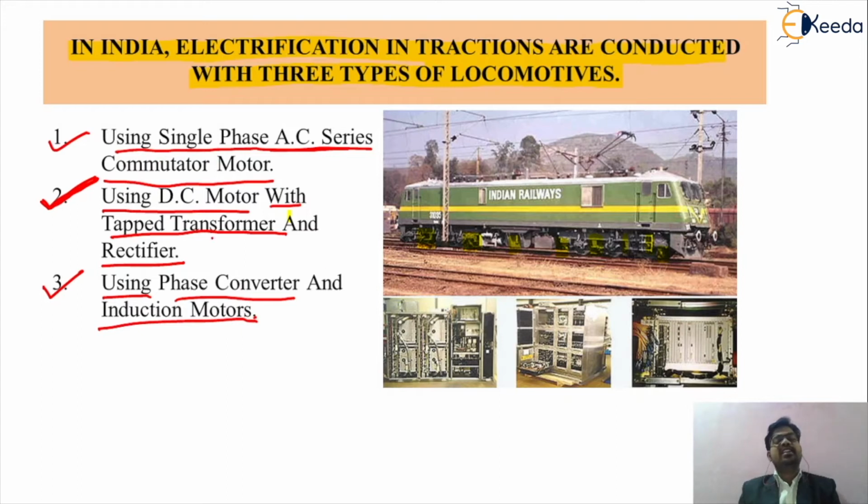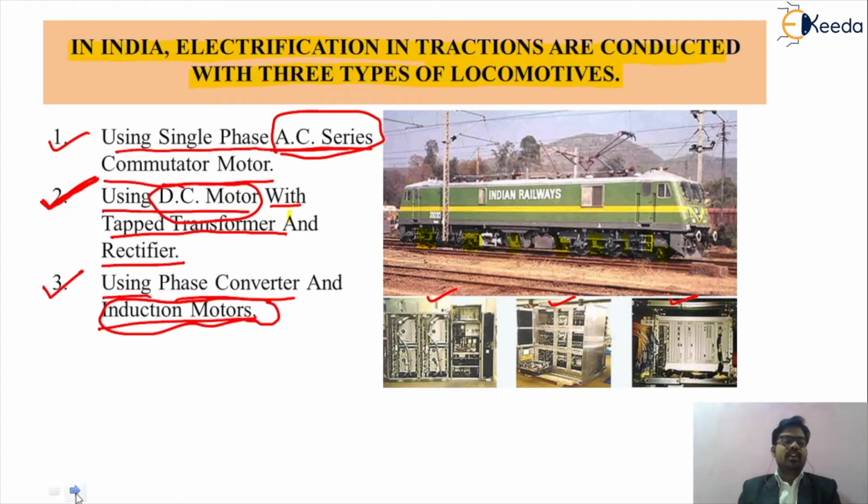As we have seen in those images, this is the control strategy of the different types of Indian Railway that we are preferring. In some of the images we are using the phase converter, in some we are using different types of power converter circuits, and some use the tapped transformer circuit, by which we connect the different types of drives for Indian Railway. So this is the actual system: first, the AC series motor, second, the DC motor, and third, the induction motor for Indian electrification. I think everyone has got a clear idea.